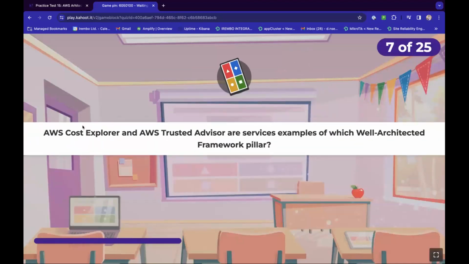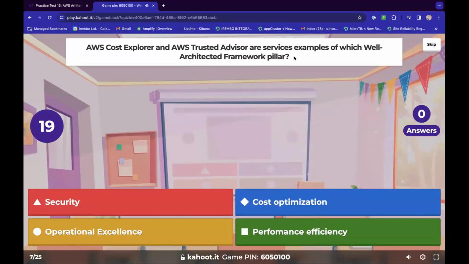Question number 7, AWS Cost Explorer and AWS Trusted Advisor are services examples of which Well-Architected Framework pillar? Security, cost optimization, operational excellence, or performance efficiency?